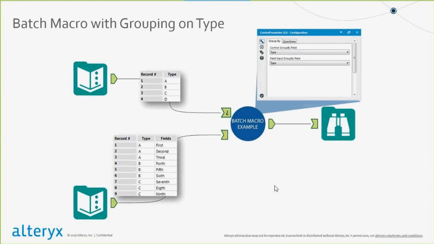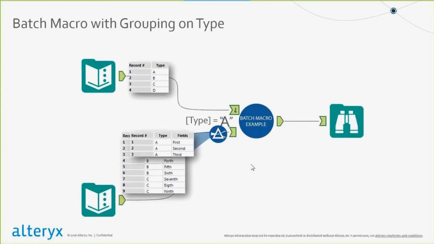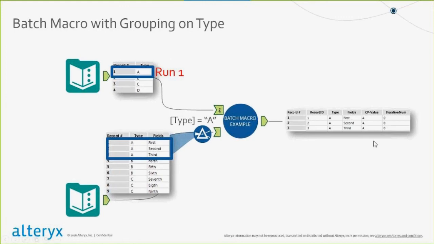What if we want to control those batches a little better, though? What we can do is set that group by to match up. If I want my control group to group on type for both data sets, so you can see I have my control group by type, field input type, all 4 of those batches will still run, but instead of matching it against all of the records at the same time, it will just pull the appropriate batch. So what does that mean? Let's look at what happens in this behavior. My first batch, A, is going to run into my control parameter and request all A's from my other data set. So now my batch is consuming only 3 records,